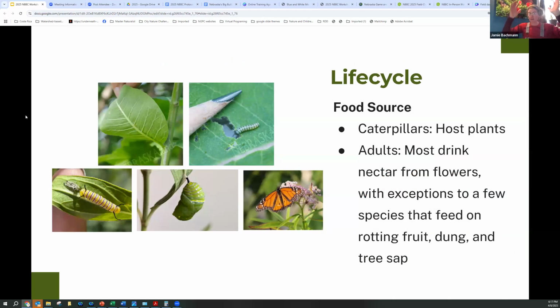And again, life cycle, right? Foundational knowledge. We might have some beginners here who want to get to know my butterfly. So complete life cycle: egg, larva, pupa, and adult. Butterflies, several have host plants, right? So they will lay their eggs on specific plants, and we'll talk more about how they know how to do that.